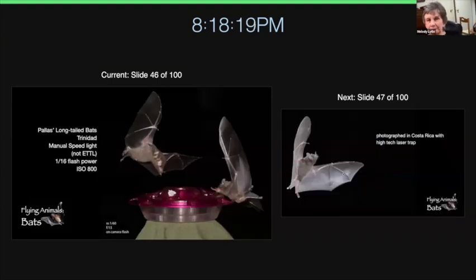Once upon a time, I was in Trinidad at Asa Wright, and they had a lot of hummingbird feeders out, and they left them at night. Well, they're out for the hummingbirds in the day, but they stayed out at night because the bats came. So, my friend Brian and Austin